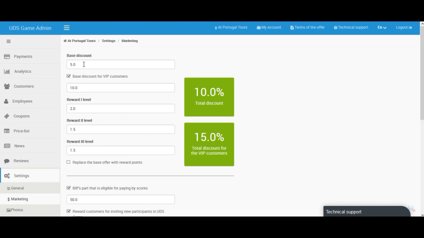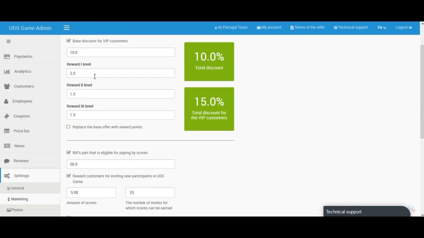So every single time, just by having a UDS game mobile app, your clients will come to you, and you will be able to give them a base discount. And you can select a different base discount for the VIP customers. In this case, it's 10%, for example. Then you can also reward your clients by level 1, level 2, level 3. And here you define the percentage, okay? And here you will see the total discount with all these levels,